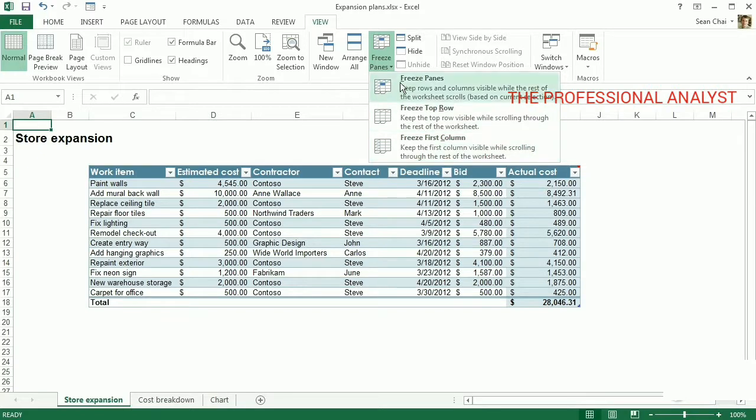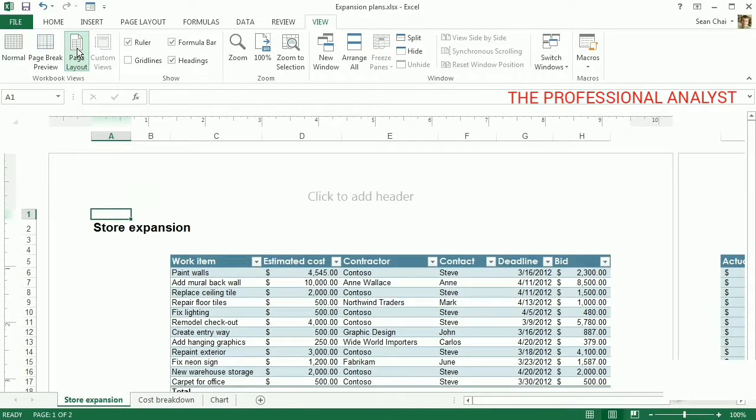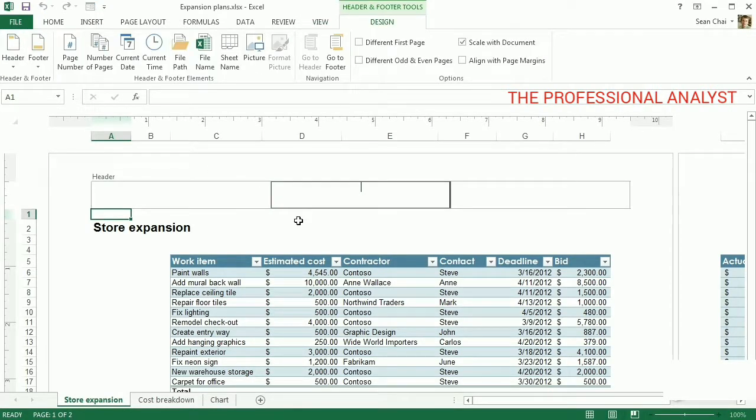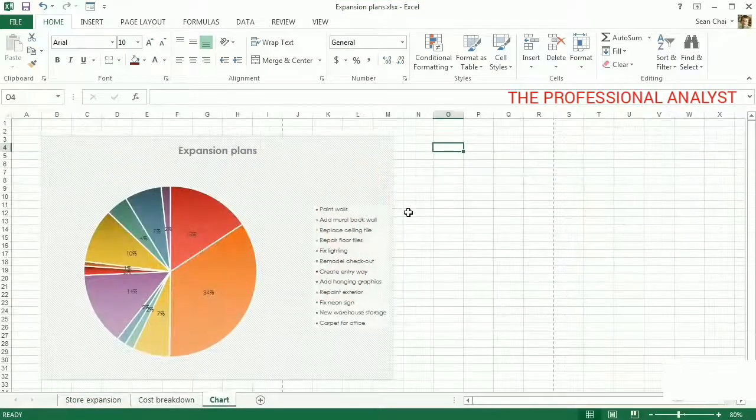One more thing you may be interested in is headers and footers. You get to them by clicking Page Layout View and clicking here. Yes, Excel now lets you work with your worksheets as they appear on the printed page. After you've added and formatted your data, and inserted your charts and pivot tables,